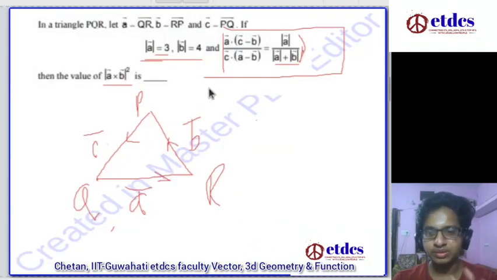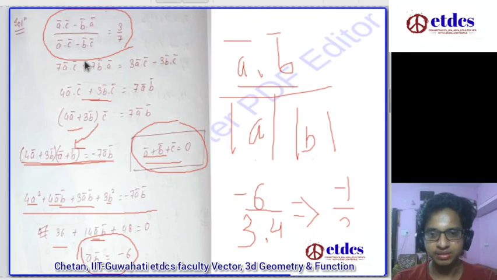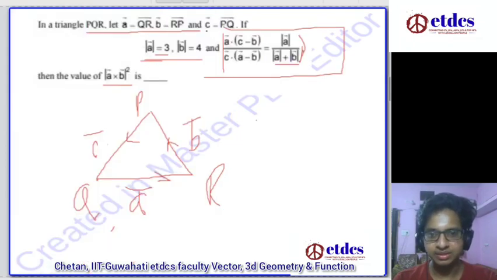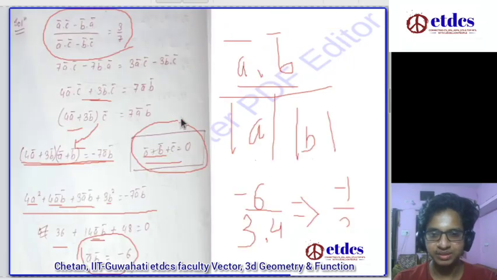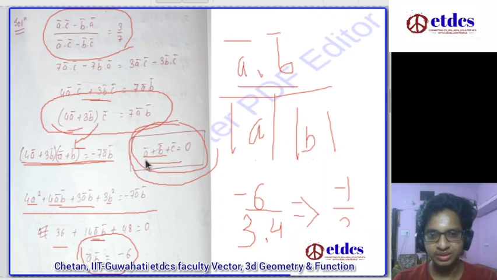In this, everything was just calculation and simplification. What they have given is this triangle. The important equation is this one: everyone can arrive at the rest, but most students cannot proceed because they do not think of the triangle equation, a bar plus b bar plus c bar is 0. So this is important.